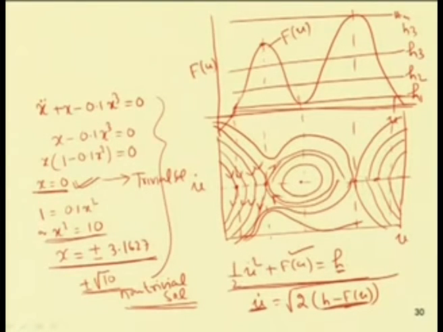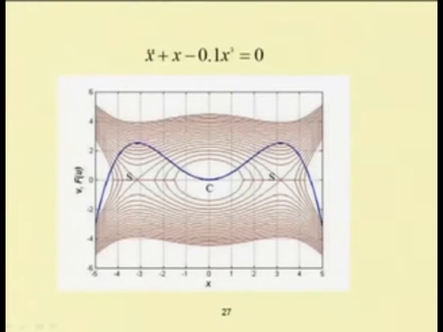So, in this way you can observe that there are two separatrix corresponding to the maximum potential energy, and one has a center corresponding to the equilibrium position, that is the minimum potential energy. So, these potential wells have been plotted here, corresponding to different values of H. This S refers to the saddle point, or this is the separatrix. So, these are the 4 separatrix and S is the saddle point.